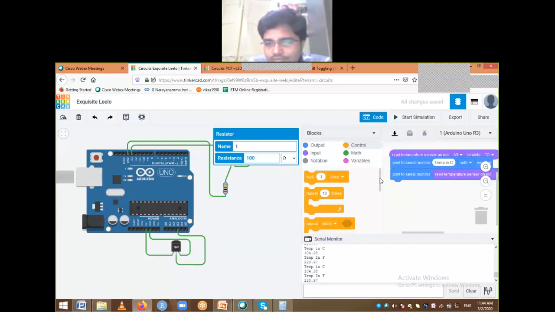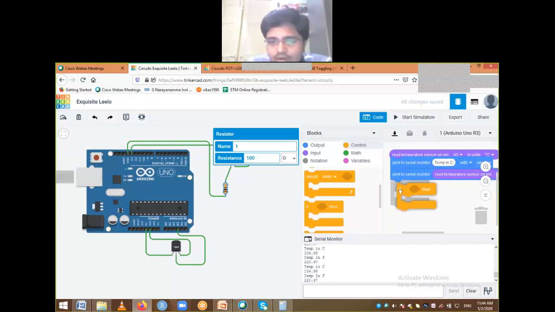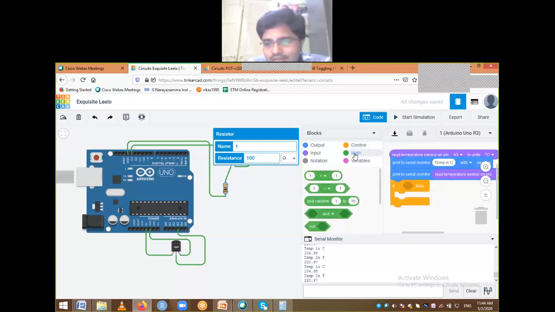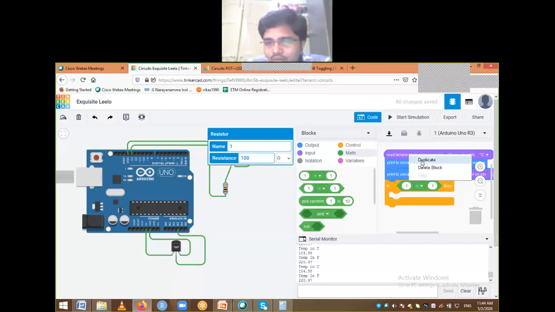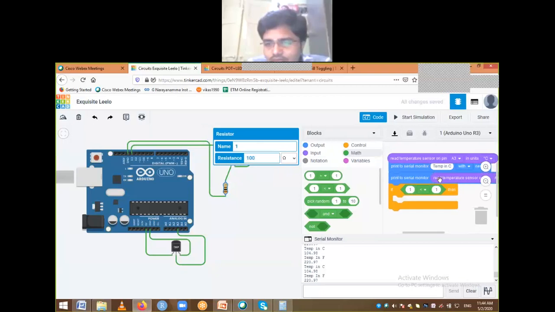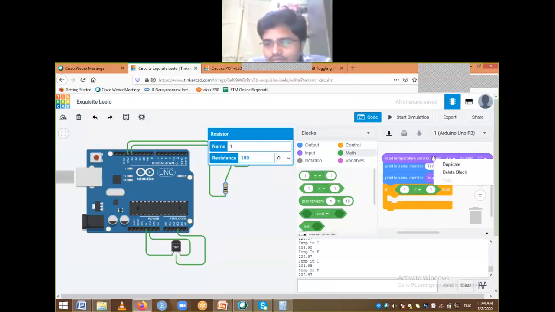Again I need to go for an if condition, the control condition. I need to check whether it is less than or greater than something. So what is it that we are checking? We are checking temperature, read temperature on A3 in centigrade.